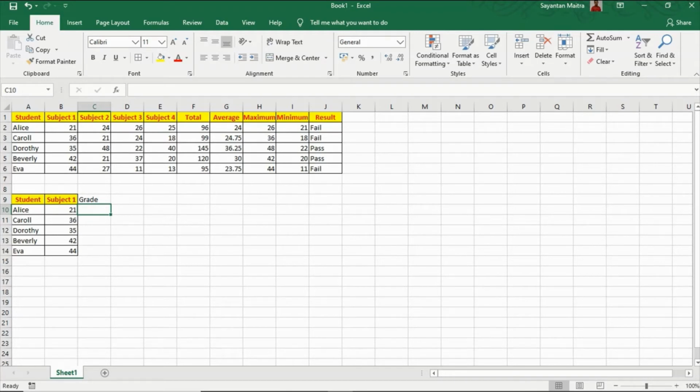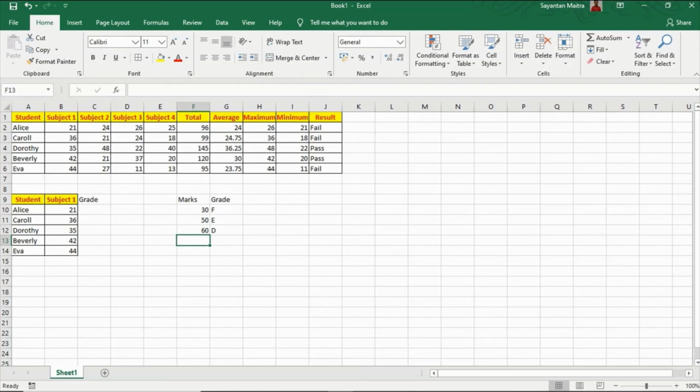Let's consider that the exam was taken on 100 marks and the students have got this number of marks. Let's put a criteria here about the grades. So here the marks and the grade. 30 will get an F, 50 will get an E, and 60 will get a D. Let's not go further because the students have not got that much.